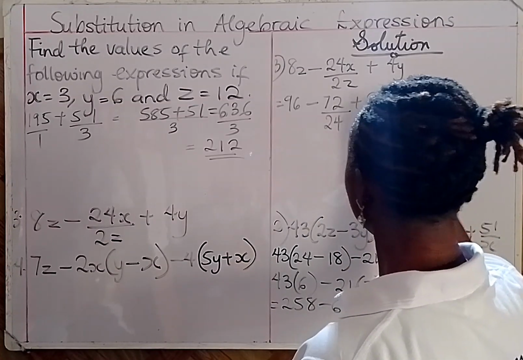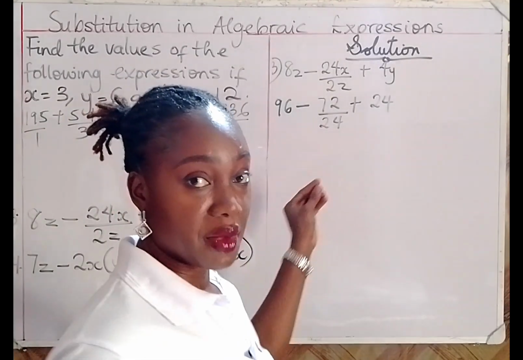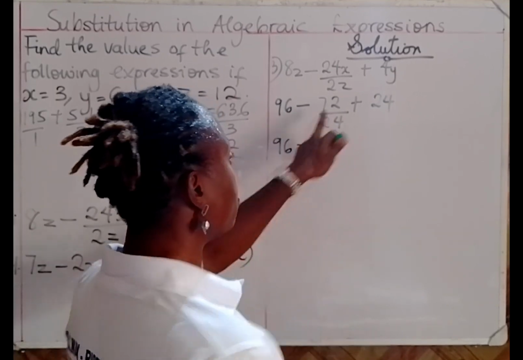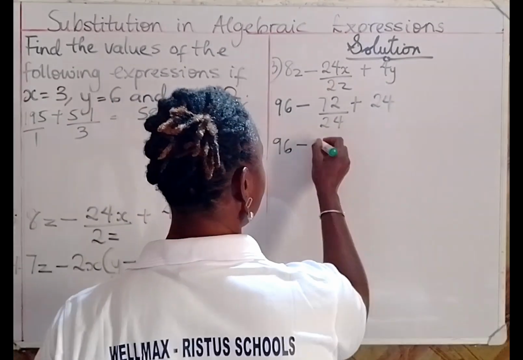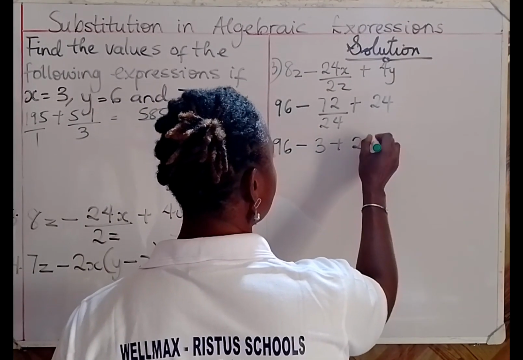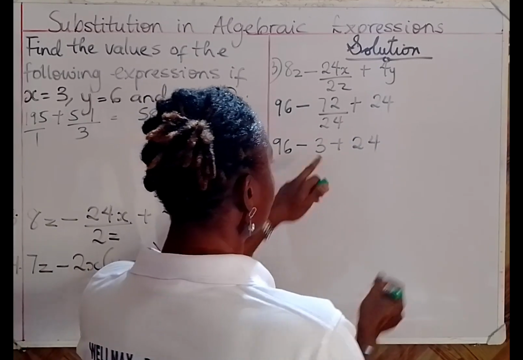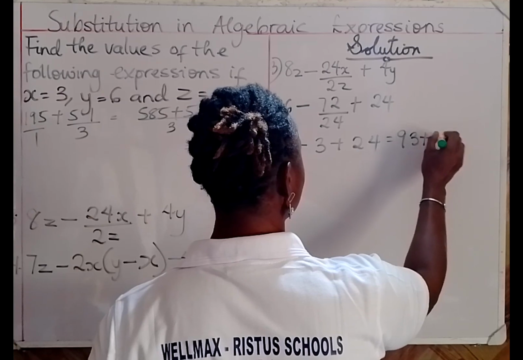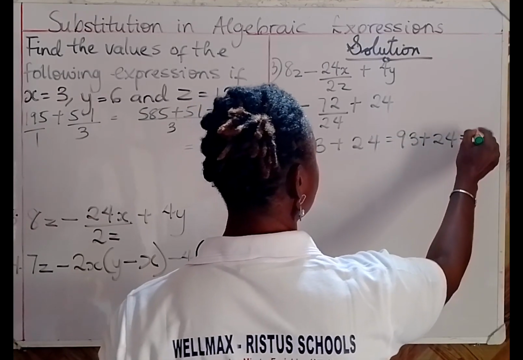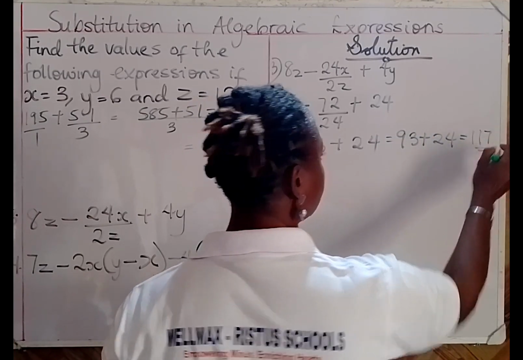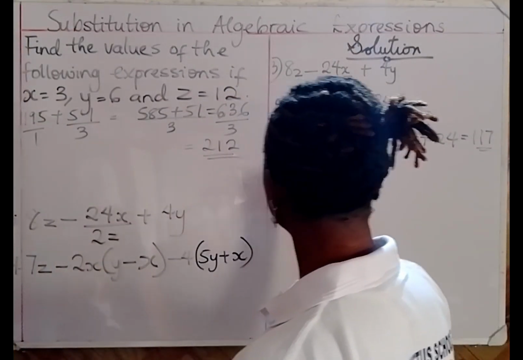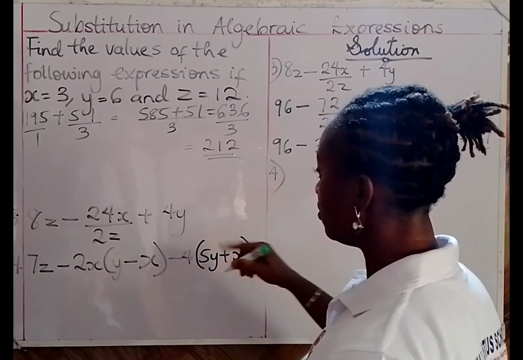So after substituting all of the letters, alright, so from here, we have what? 96 minus 72 divided by 24 is what? 3, plus 24. 96 minus 3 equals what? 93, plus 24, which equals 117. And that's the final answer for this question. So moving on to question 4, we have